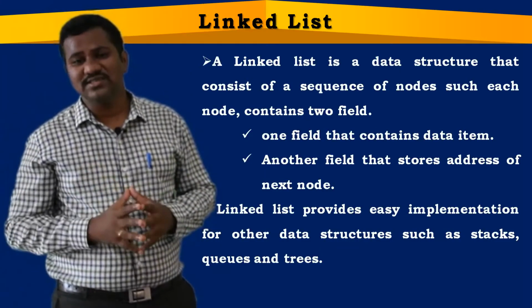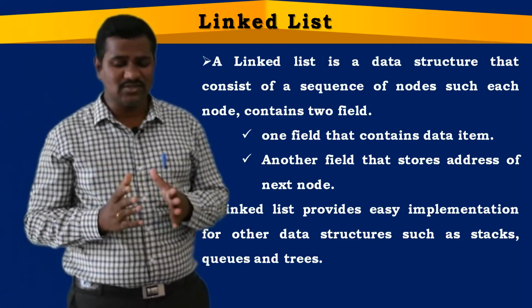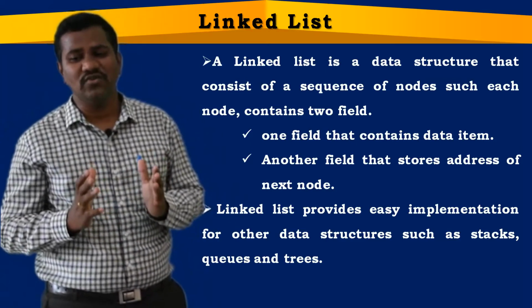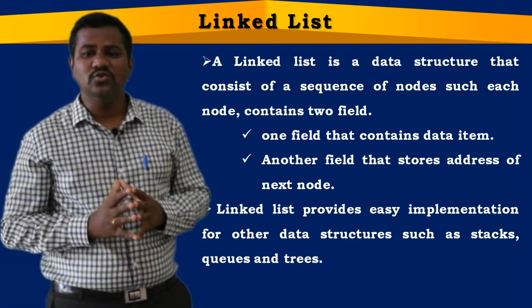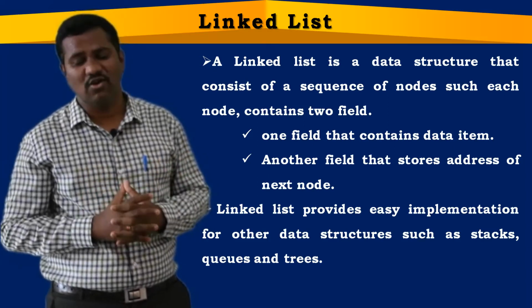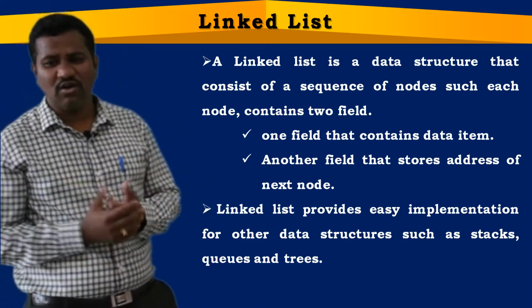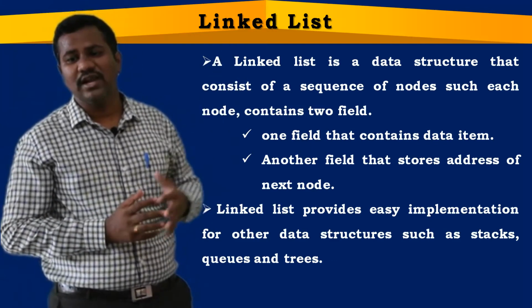And one more difference is that arrays are suitable to group a similar type of elements, whereas in a linked list, we are in a position to group dissimilar elements that belong under one common name. And how we'll be storing all these things, we'll be discussing clearly in the further classes. Right. Now let us have a look at the linked list definition.